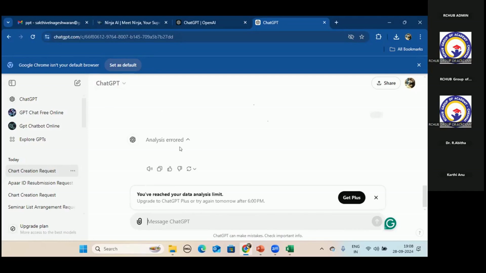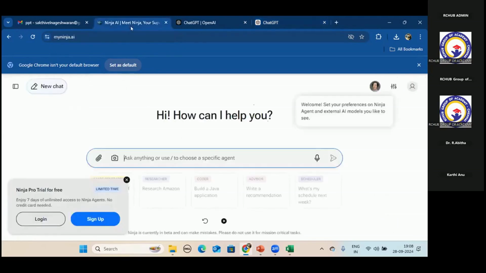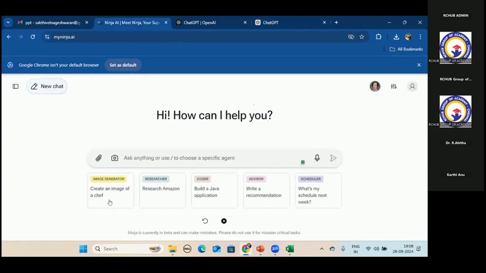Sometimes it shows an error, right? So if you want, you can go here with Ninjas. I'm coming here with Ninjas. Same thing you can ask here. And in Ninjas also you can see this is the AI for image, chef, research, Amazon. And if you want to build an application, you can go for coder, or if you want recommendations, we can come for an advisor. Suppose I want to do, give me a suggestion